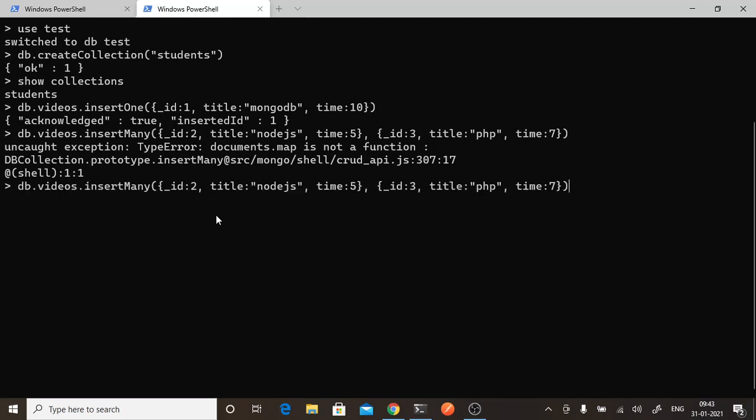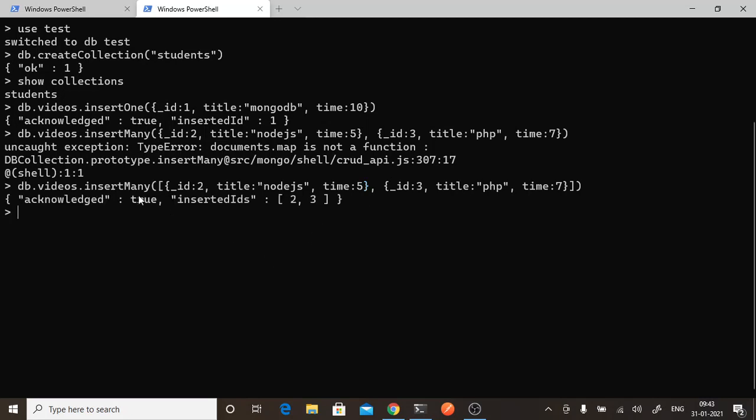One more thing: whenever you are inserting multiple records, it has to be an array of objects. So remember to give your square brackets before, and inside that you will have your records. So now it is saying true, insertedIds 2 and 3.